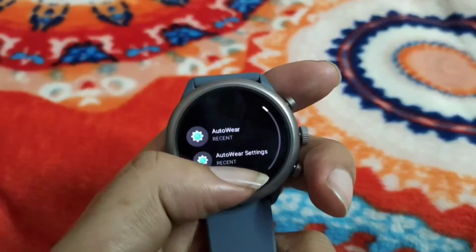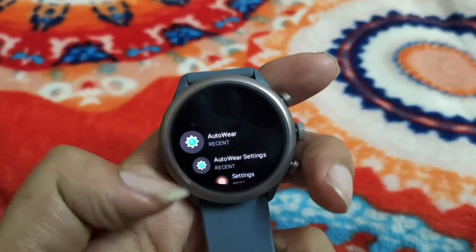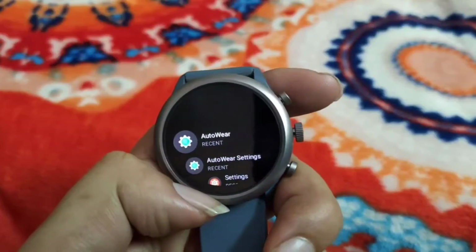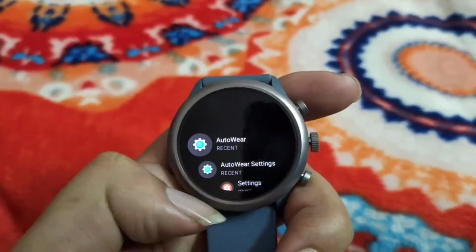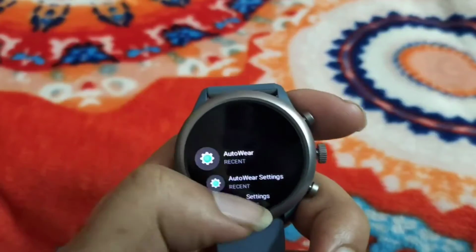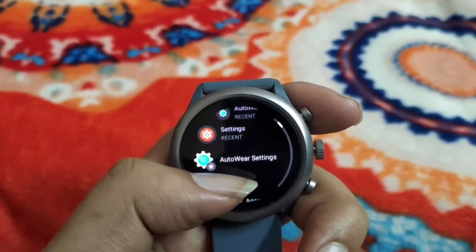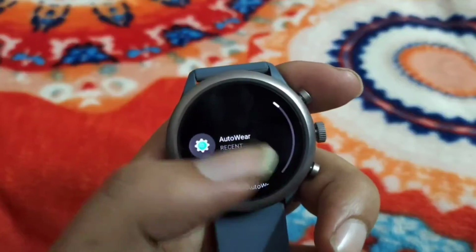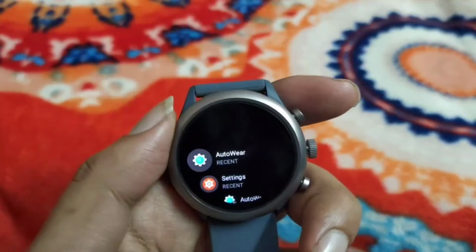This is the AutoWear I was talking about. I have purchased it. It cost me around 100 Indian rupees, and it's totally worth it. I don't have any complaint about it.